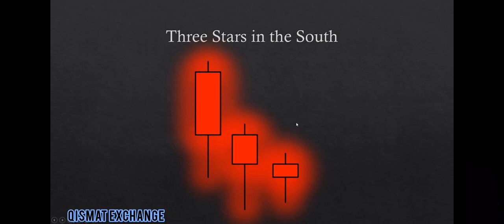So the 3 stars in the south pattern has 3 descending bearish candles. Each candle has a smaller body than the previous candle. The other important detail is that the lower tails of these 3 candles are much more prominent than the upper tails. The logical interpretation of this pattern is that price is decelerating its downward momentum, hence the decreasing size of